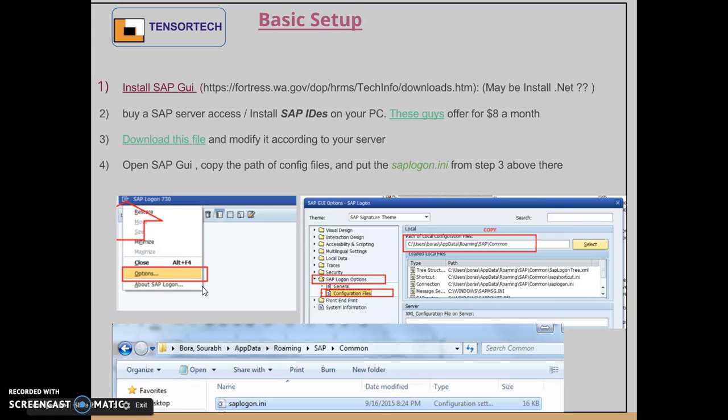Let's quickly go to how you actually do a setup. In this slide, you have all these links. Click on the link, and you'll download this SAP GUI. This is only if you don't find it, email me. I need to have .NET on it. Also,